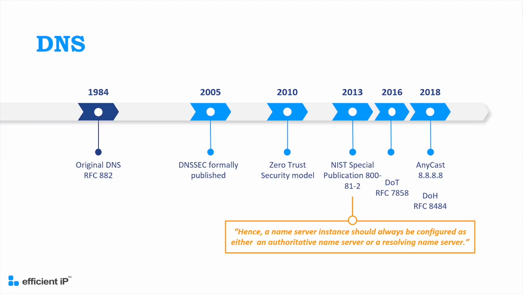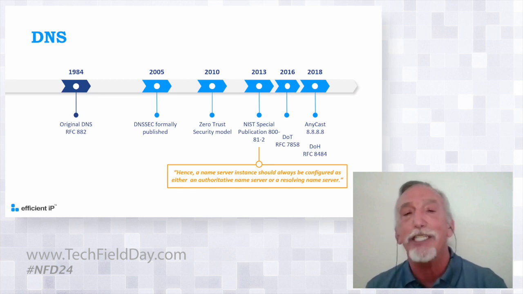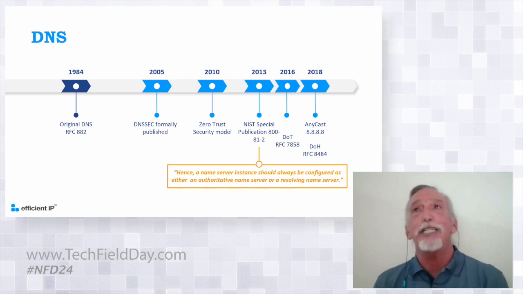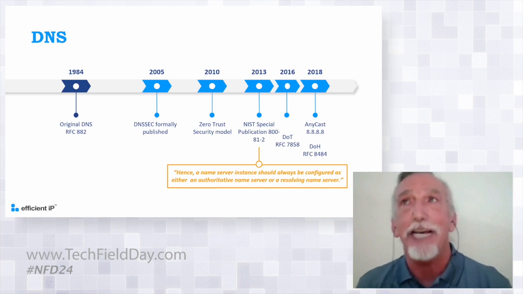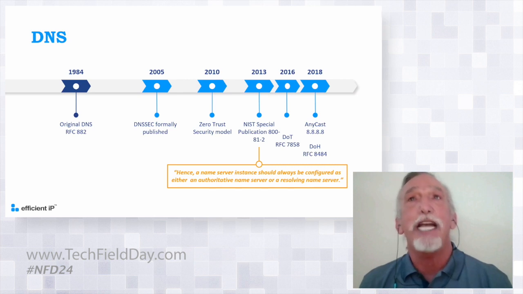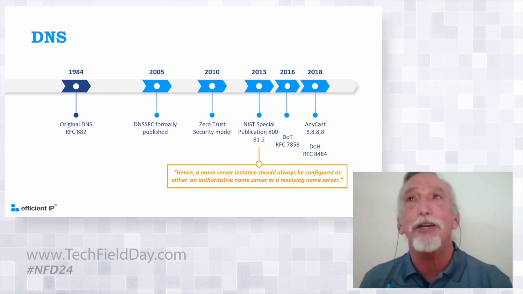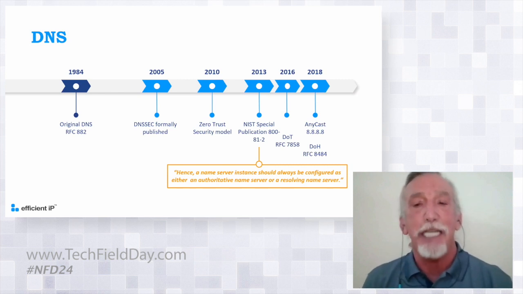Now, the reason I like to point that out is that after enterprises saw a wide use and a very good use of Anycast DNS, the resistance to implementing it went dramatically down, right? They saw how well it worked out on the internet, how it just gets pounded, what the beauty of Anycast actually is. And so enterprises got to the point where they started not being so resistant to implementing Anycast DNS.